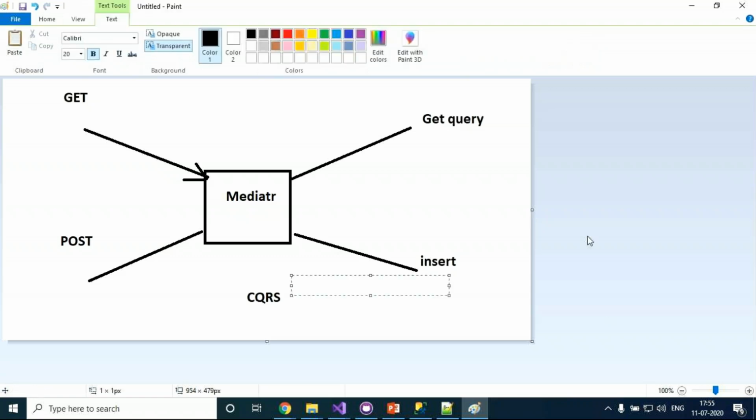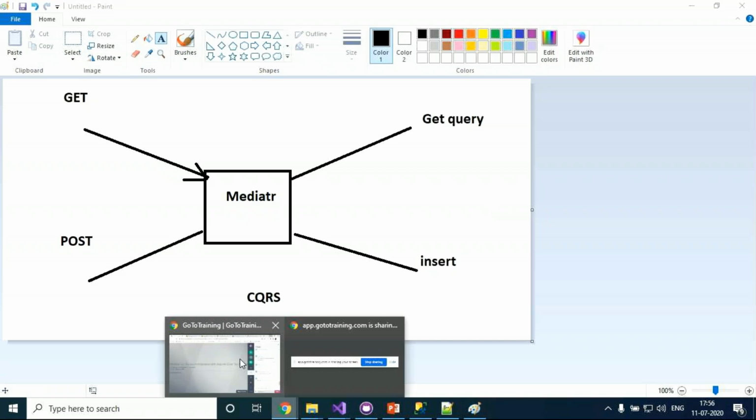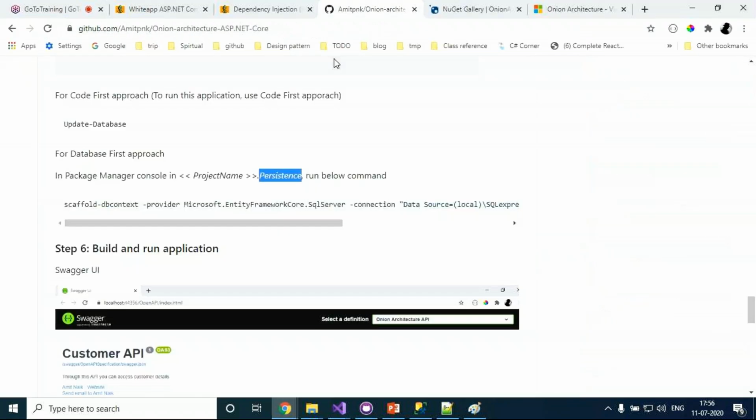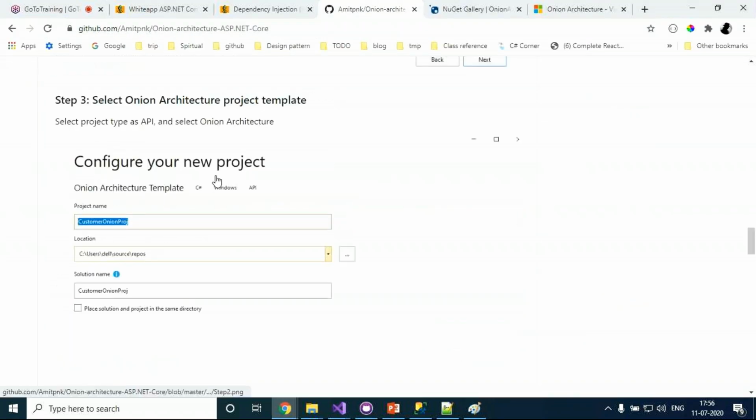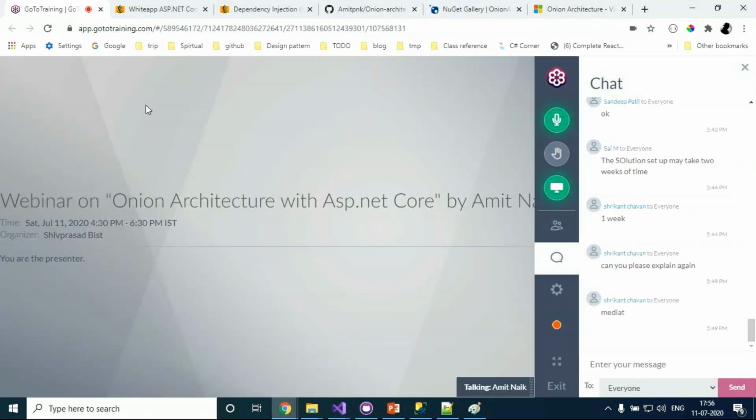So for that one, you can go through it in depth, what is a mediator. There are some examples in my Git, design patterns, you can make use of that, or else you can subscribe to some Quest Pond, where Shiv sir had already explained the mediator design pattern very nicely. We can understand based on that. If you want only the project, it is available in my GitHub repository.